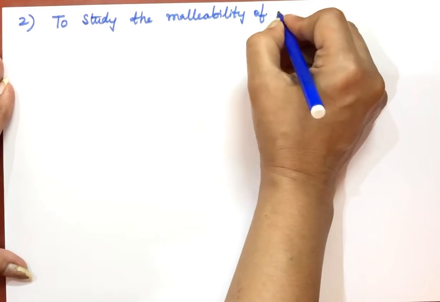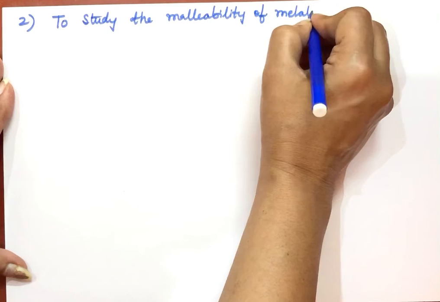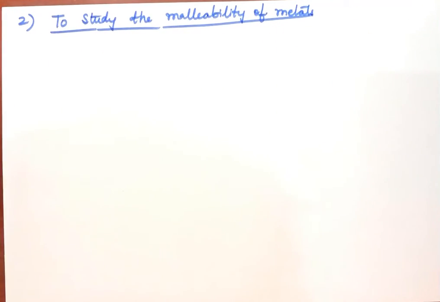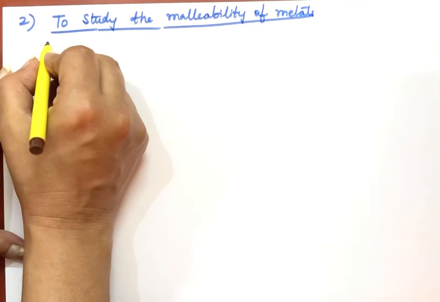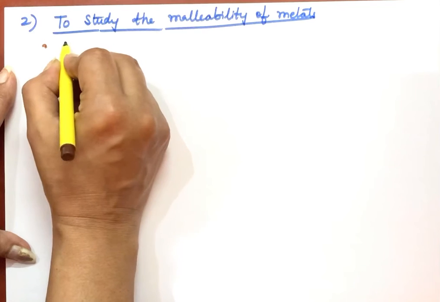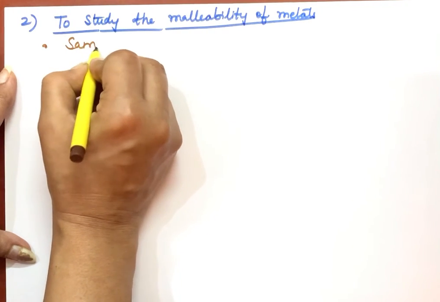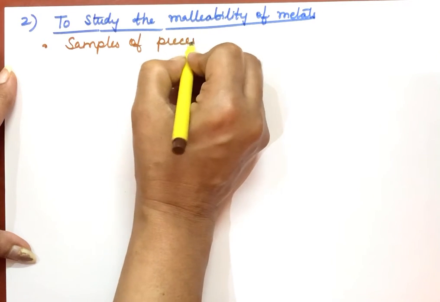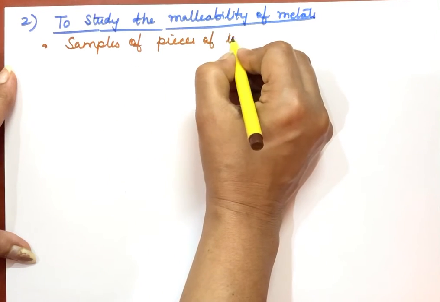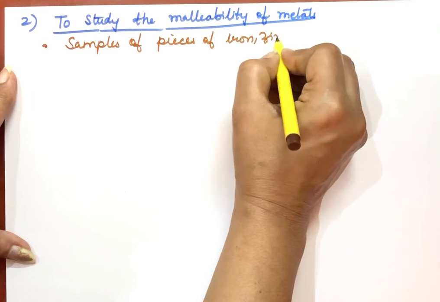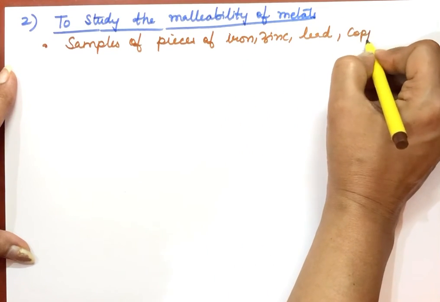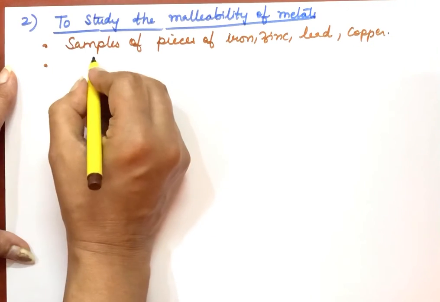To study malleability of metals, that we can change the metals to thin sheets. For this, we will again take some samples of metals. We can take iron here, just small pieces of iron. Then zinc we can take, lead we can take here, copper metal we can take, and place these metals on